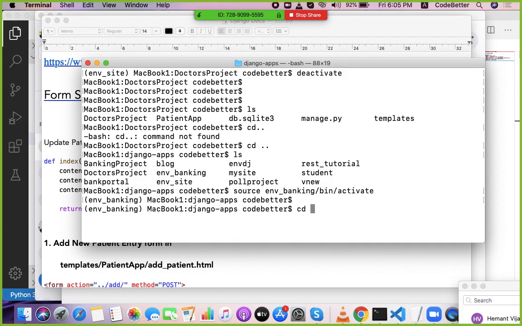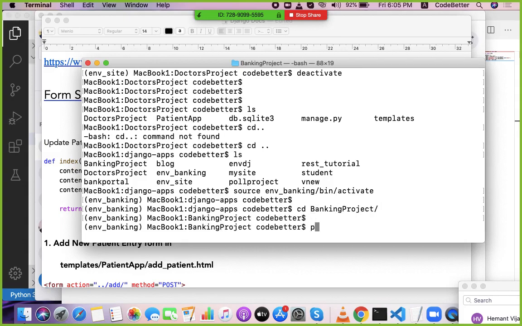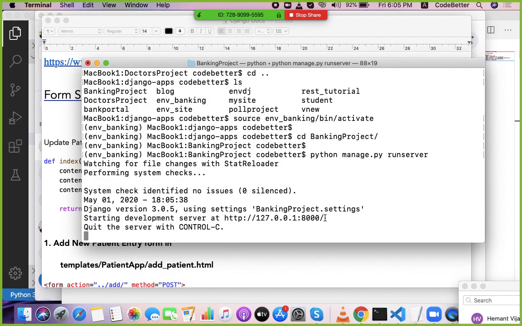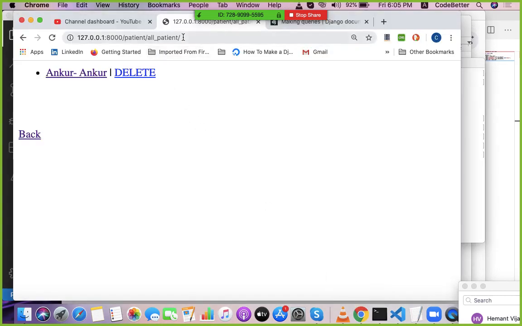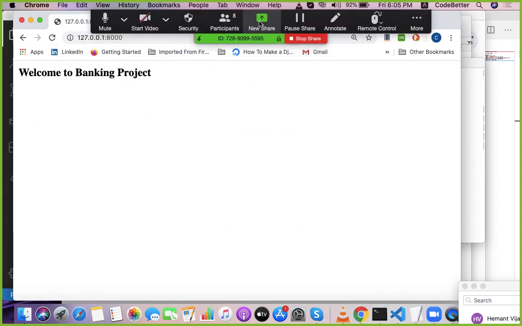So let's go to the banking project, and let's run the banking project application. So our server is running. Okay, so our server is ready.